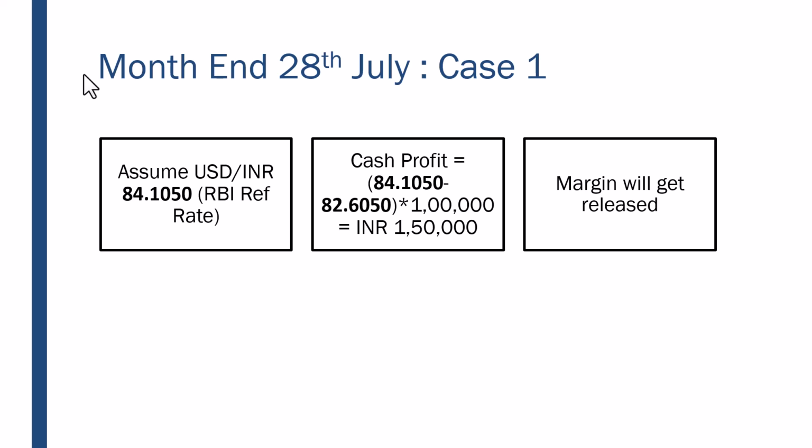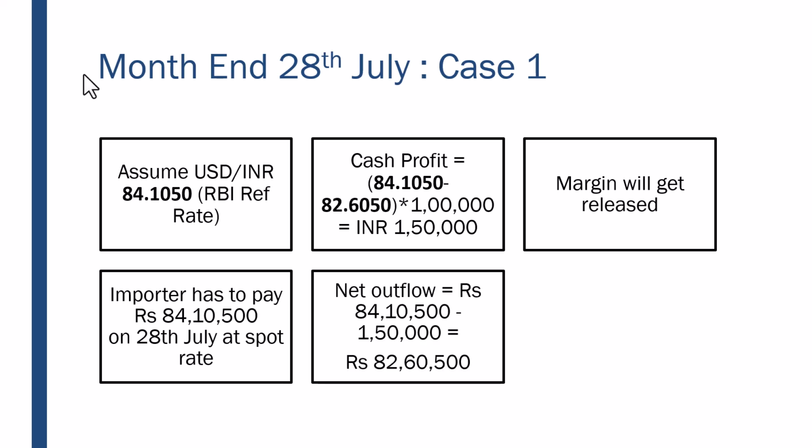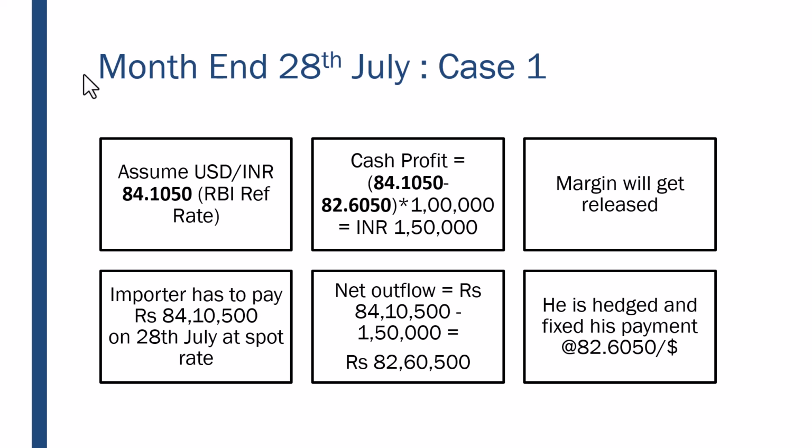So now since the expiry has happened, whatever margin I had given, I'll be getting back. But now the person who is an importer, he has to make a payment on his real transaction. The dollar is sitting at 84.10. So he has to pay 84,10,000, but he gets a gain of 1,50,000 from the stock market. So there is a loss in the real market, gain in the stock market. So net, I am hedged at 82.60,